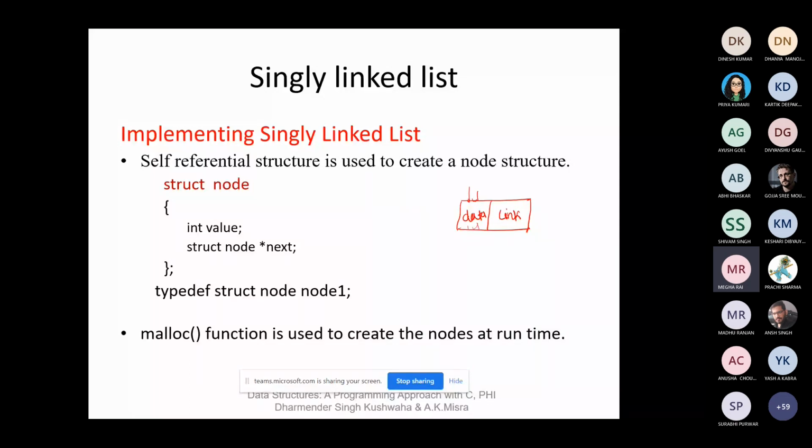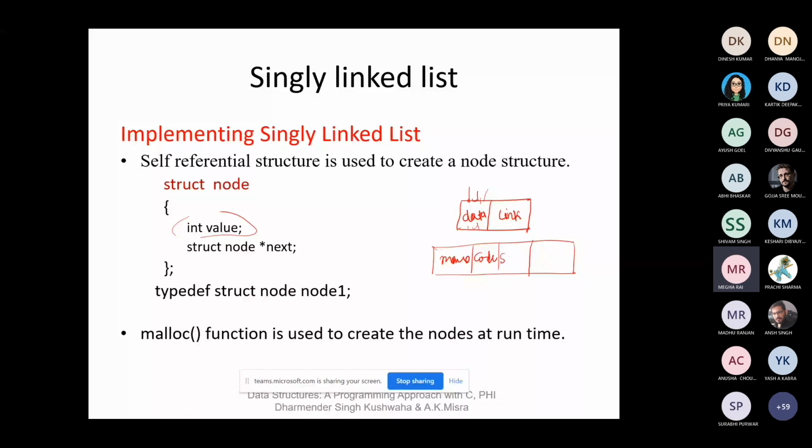There are different possibilities, and corresponding to this you can declare it here. The data may consist of a name, a code, a salary, or whatever.